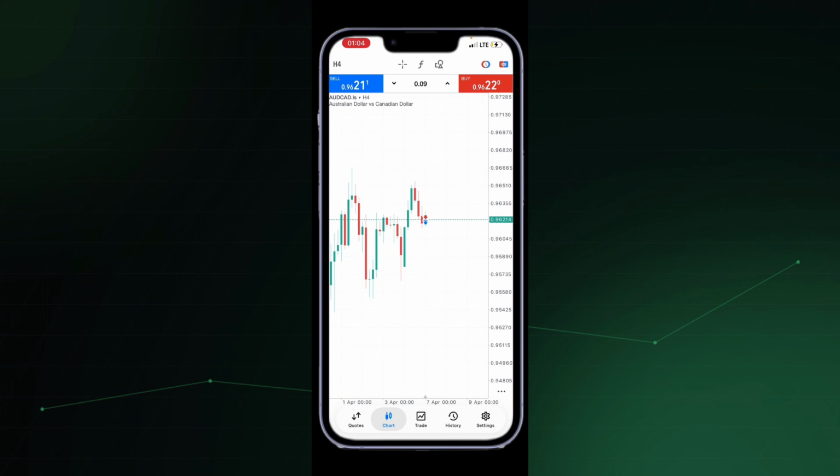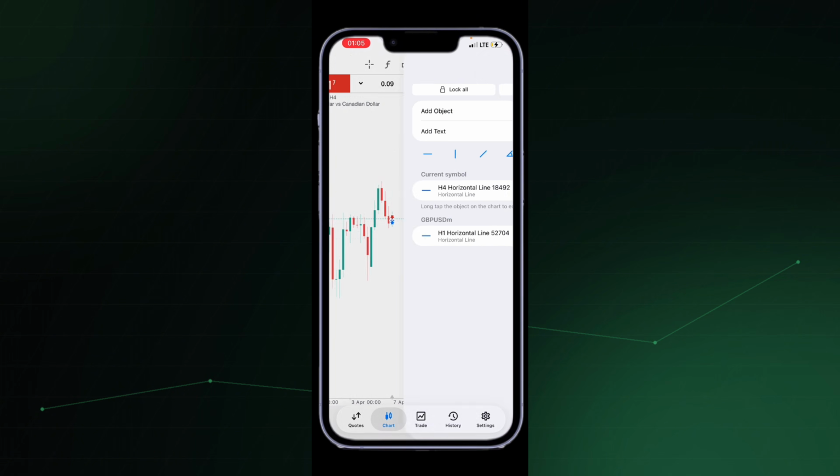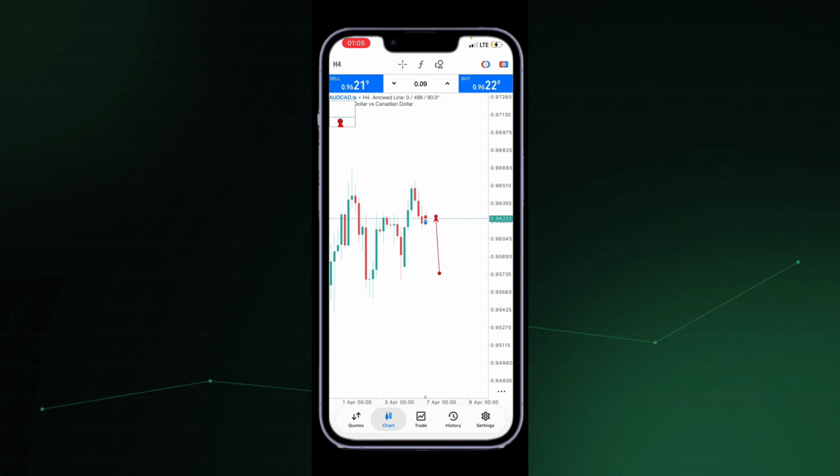And then if you look to the right hand side, you see different numbers at the side. Those are called pips, and this is where we make our money from. So if the market moves from this point to this point, right, this is how we as traders make money from this price movement, right? The market has moved a certain amount of pips, and this is how we will make money as traders, right?